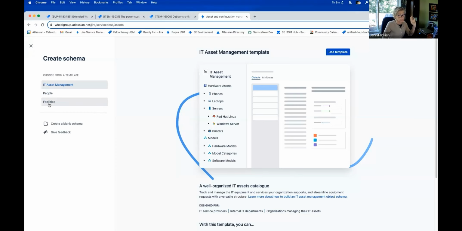We also have two other components, because that's the key to service configuration management. It's the relationships that are really important. When you start to build out a system, for all of the folks that don't have any experience with building out asset management, you need to understand what you want to track. So I want to track laptops, but what are the other pieces that are important to me?